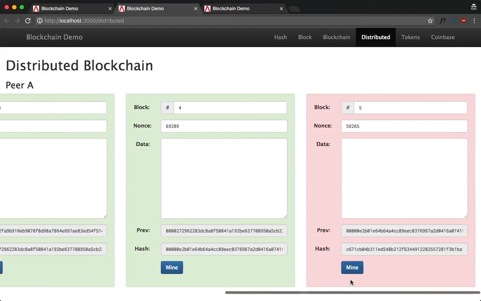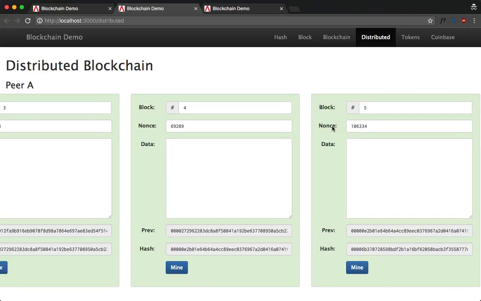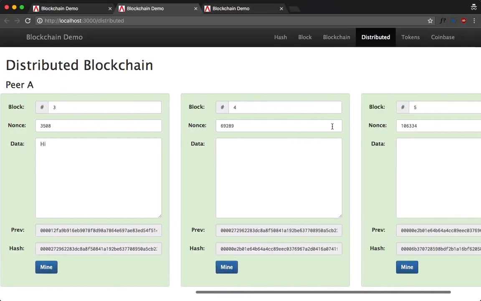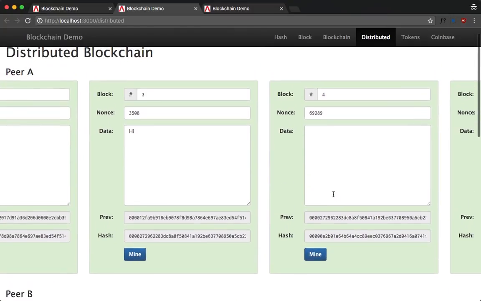It will take a little bit of time. So now the entire chain that resides in my local data is all valid.